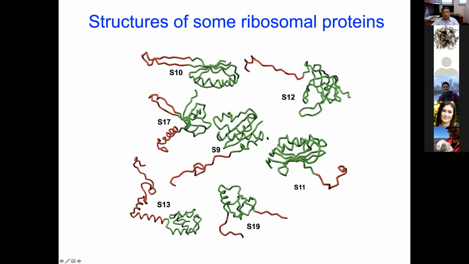If we look at those proteins, most of them actually have unique structures. They have a globular domain, and they also have long extensions, either a loop or a single polypeptide extension. These extensions play an important role in the interaction between the protein and the ribosome, and they tend to be conserved because they mediate specific interaction between the protein and the ribosome.